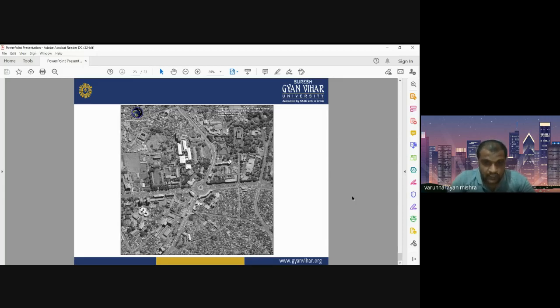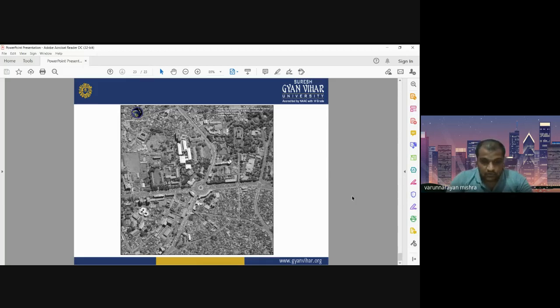After LISS-4, India launched a series of Cartosat satellites: Cartosat 1, Cartosat 2, Cartosat 3, Cartosat 3A, Cartosat 3B. Cartosat satellites have images in black and white mode. These are panchromatic images, but with very high details.